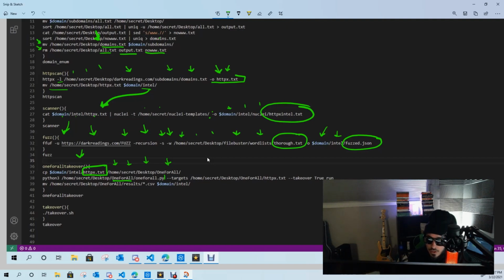And the command that we're going to run is --targets with an s, because we're doing multiple domains, and we need to point it to our file. And our file is again located in the home directory, secret, desktop, OneForAll, httpx, and the command we're running is --takeover true, and make sure you specify run. So that's going to run through our httpx file for us, and it's going to output everything in a few